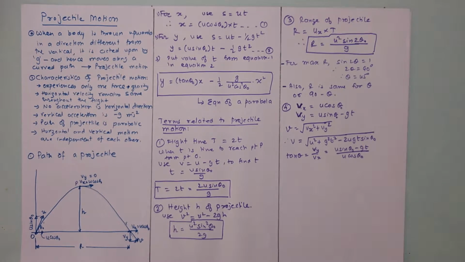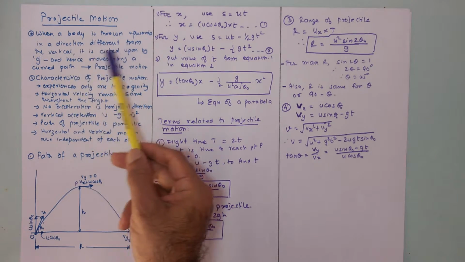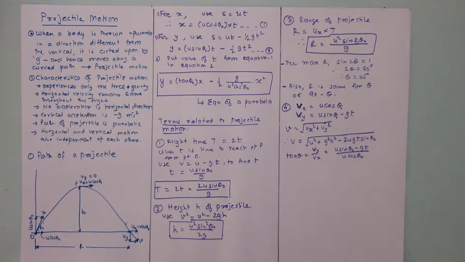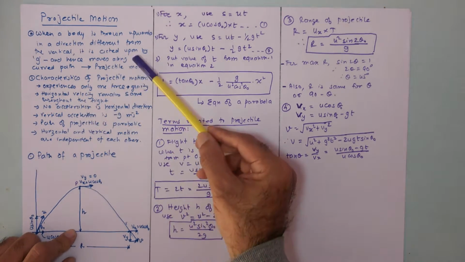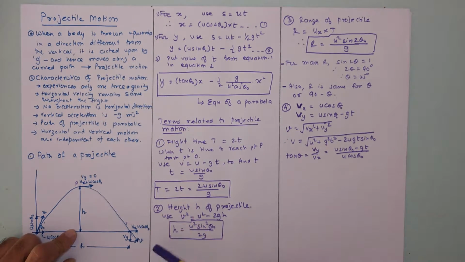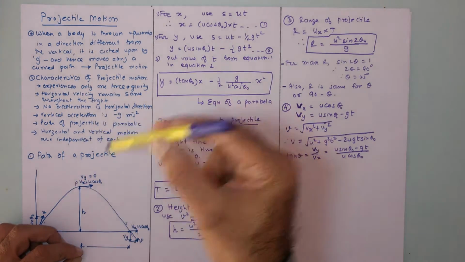This is the last minute revision video on projectile motion, and let's first begin with trying to understand what projectile motion is. When a body is thrown upwards in a direction different from the vertical, it is acted upon by the acceleration due to gravity g and hence moves along a curved path, and this is known as projectile motion. If we are throwing an object not vertically upwards but at an angle, so in that case there's